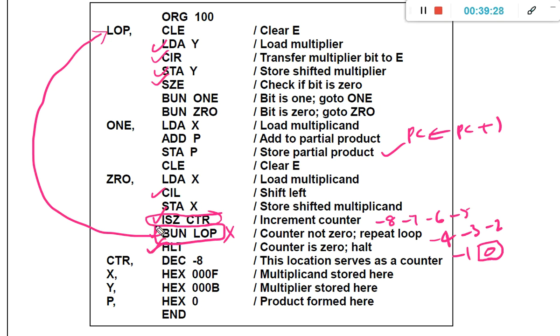You need to know the meaning of each operation. BUN means branch unconditional. In addition to knowing the command in 3 letters, we need to know how the operation is implemented. Then only you can easily understand the code.